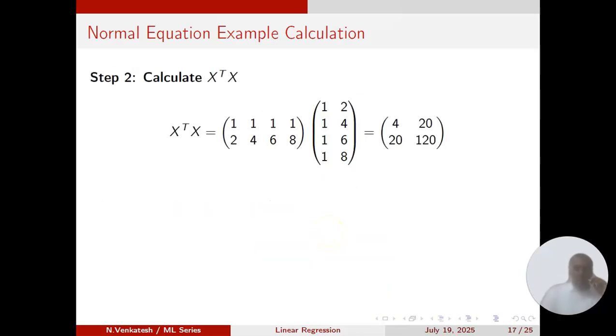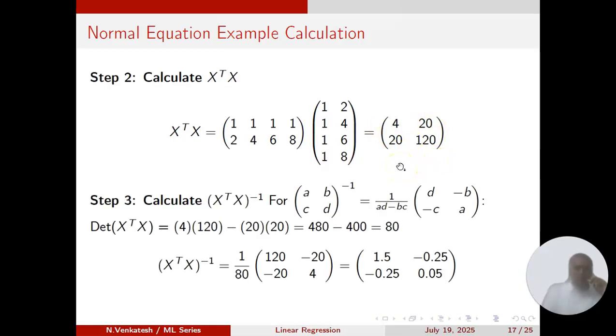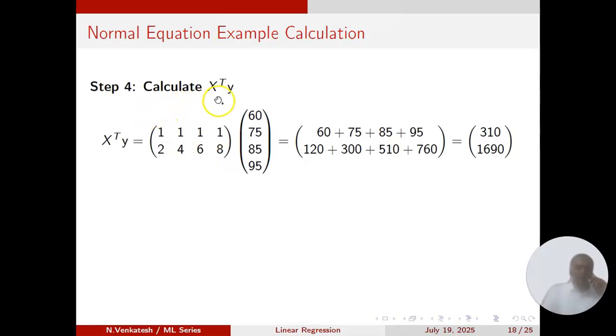So X transpose is this, and then if you do X transpose into X, you will get this square matrix 4, 20, 20, 120, and then we have to take the inverse. If you take the inverse, we'll have 1.5, minus 0.25, minus 0.25, 0.05, and calculate X transpose into y also. X transpose y, that is